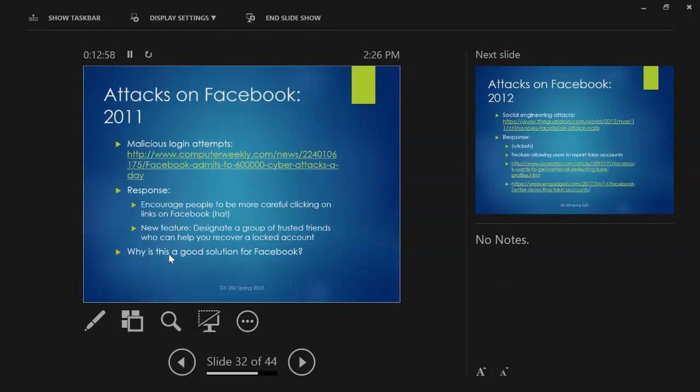I have a bunch of cases here. None of these cases are testable. All right. So I'm not going to ask, hey, what happened to Facebook in 2011, right? These are here. In normal times, I would talk about these and I would say, hey, these are some concrete examples of some of the security threats that I've talked about, right? But for now, if you're interested in this stuff, if you're thinking, hey, maybe I want to be an IDS major or I just want to learn more about security because information security is kind of relevant to all of us, right? Go ahead and read them.